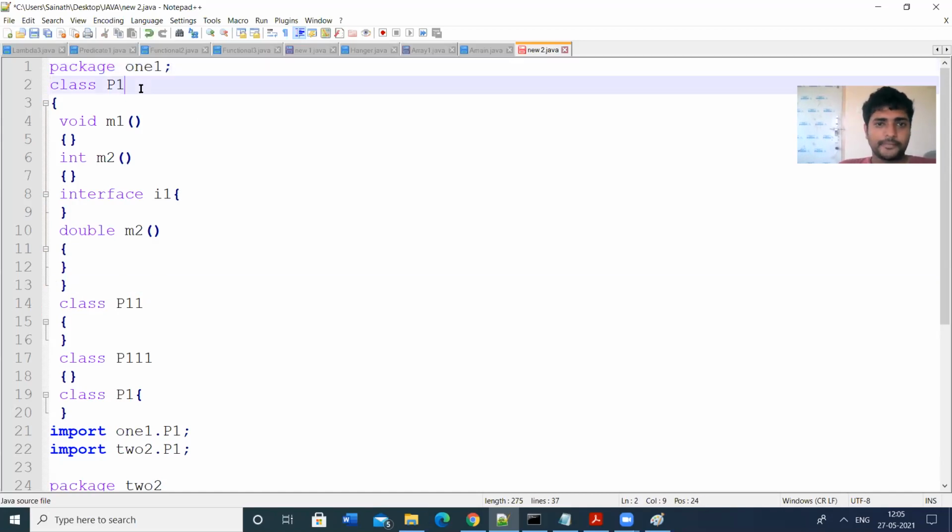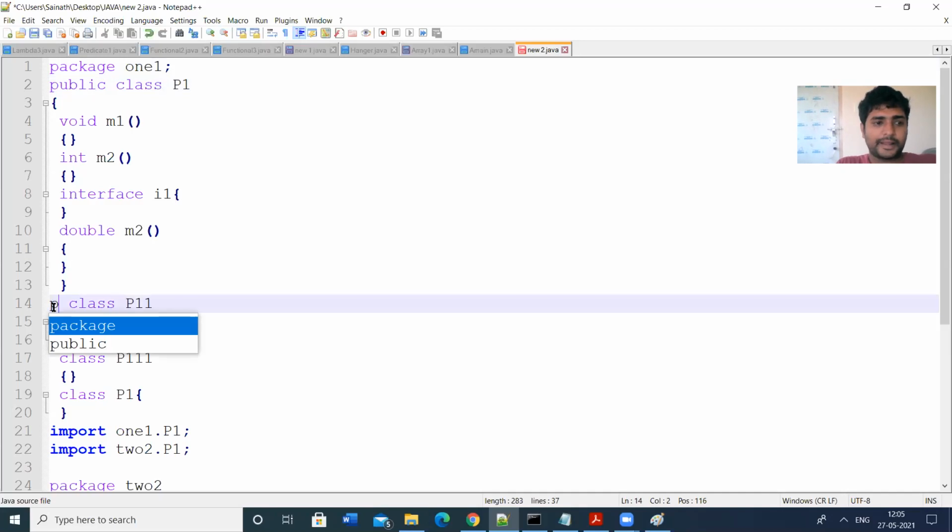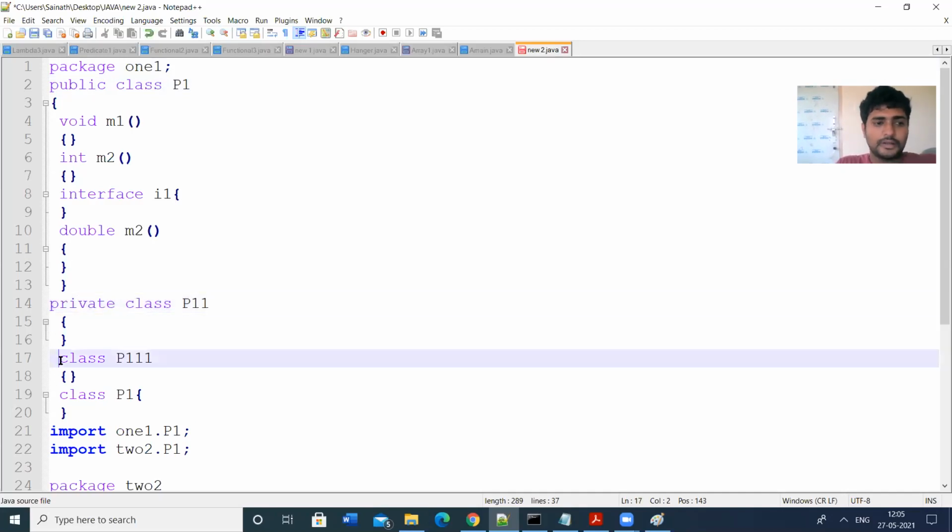Here I am defining the package as class P1, class P11. Here these classes should be declared as either public or private or protected.